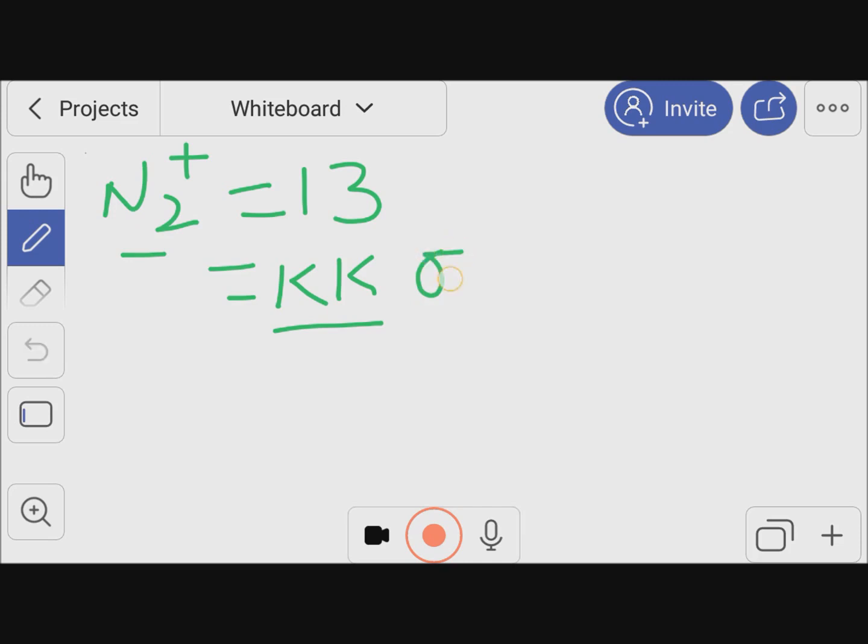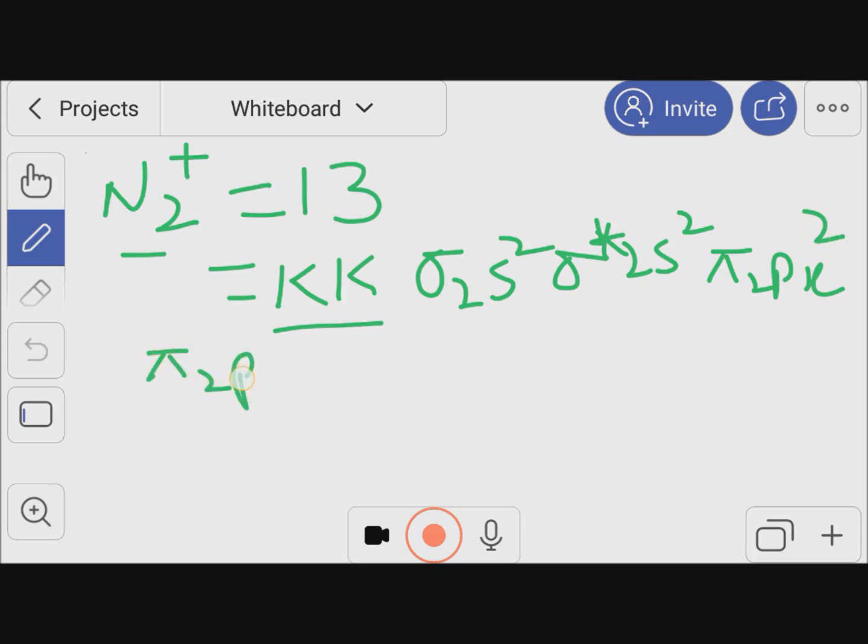Sigma 2s2, sigma star 2s2, where star represents the anti-bonding molecular orbital, pi 2px2, pi 2py2, and sigma 2pz1. It means there is only one electron in sigma 2pz instead of two electrons as in the case of the N2